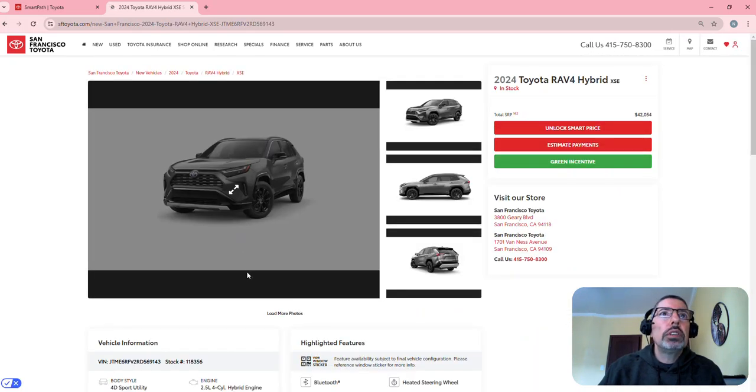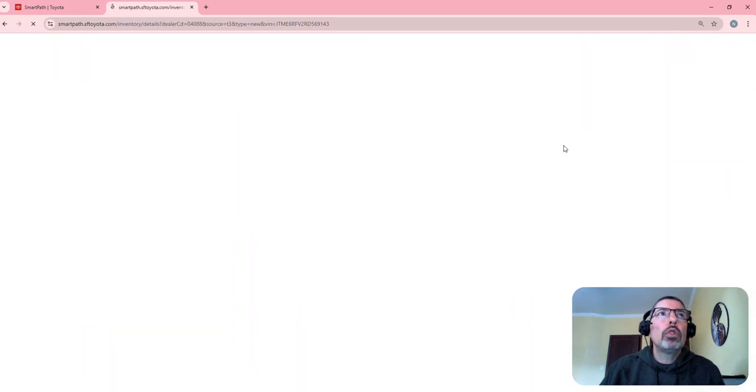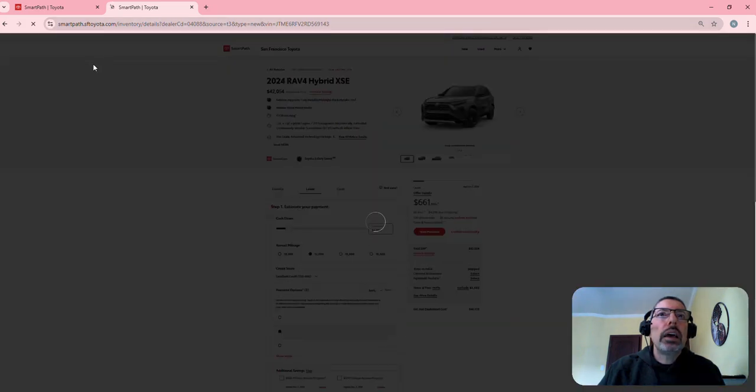So when I'm on the dealer website, first, the layout is a little bit different. This is the website layout. It shows the car in stock. But you see these buttons: unlock smart price or estimate options, estimate payments. Once I click on that, it will go to smartpathtoyota.com. So this will be the same layout,